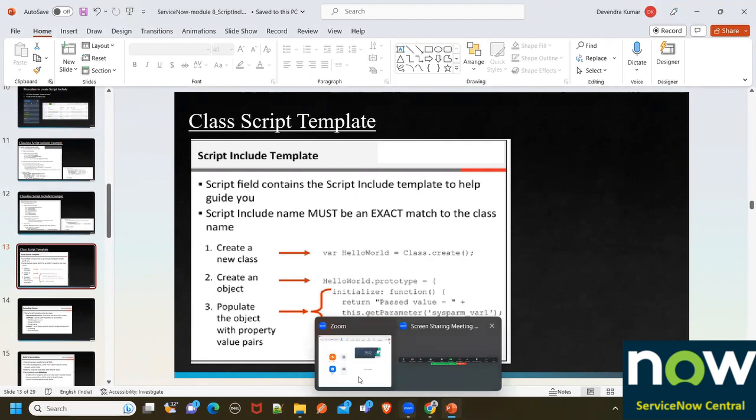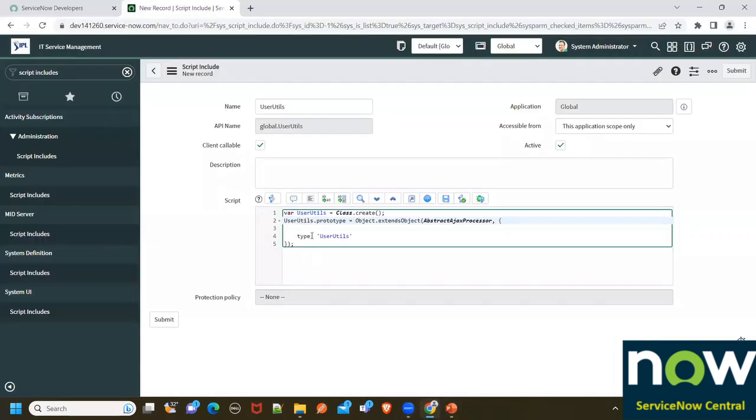The moment you create a script include, this type of syntax will automatically populate. You don't have to touch this. If you touch this, your class or your script include may not behave properly. So make sure that you are not disturbing anything here. And you don't have to remember everything here, but you should know what each line of code is doing,